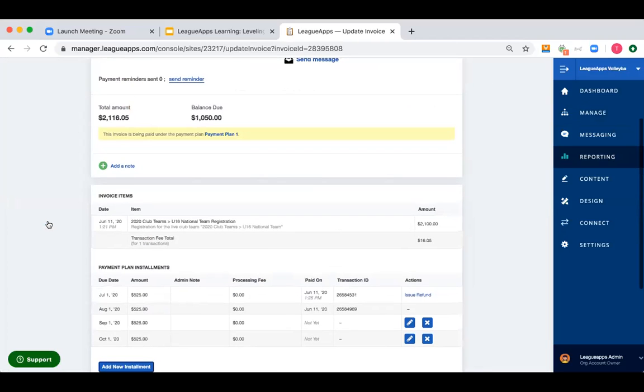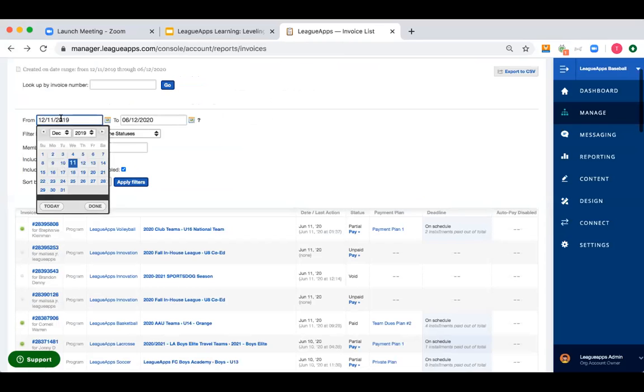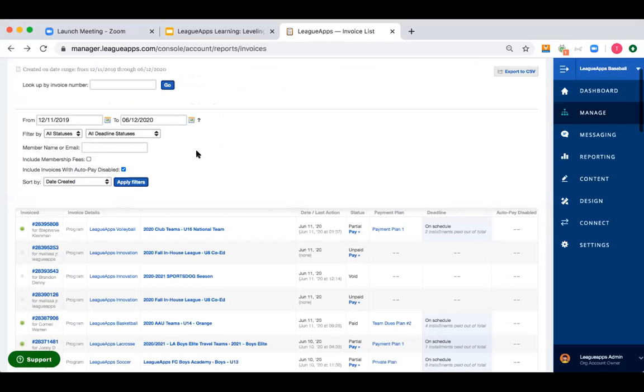So if I just want to make an adjustment to this invoice, I could do it right there from that report. You can filter up top by date and widen the report to include more information. You can sort by valuable things like last transaction date, payment deadline status, amount billed, all types of different things, as well as search by invoice number up top.